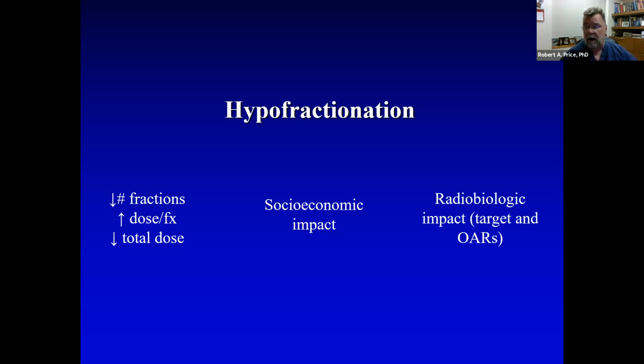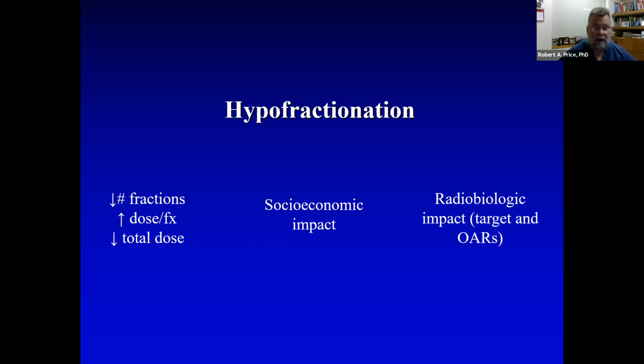But there's also radiobiologic impacts. Some tumors respond better, we found, and others have found, if we give higher dose per fraction. But we need to adjust the total dose. We need to adjust the dose volume constraints for the organs at risk so that we can deliver these safely. We have now been doing hypofractionation since the early 2000s, and we have dose constraints for every body site, much